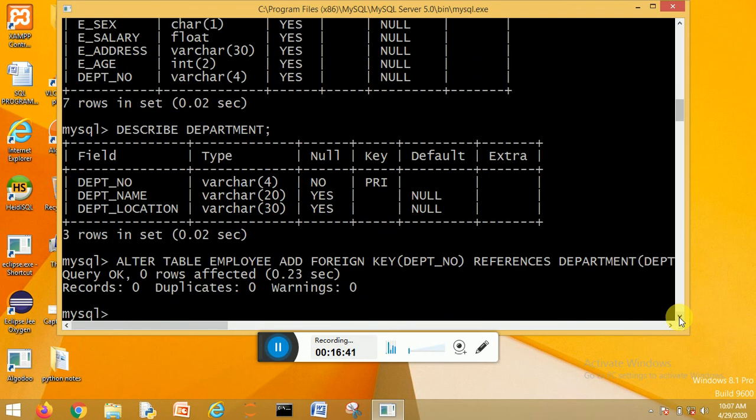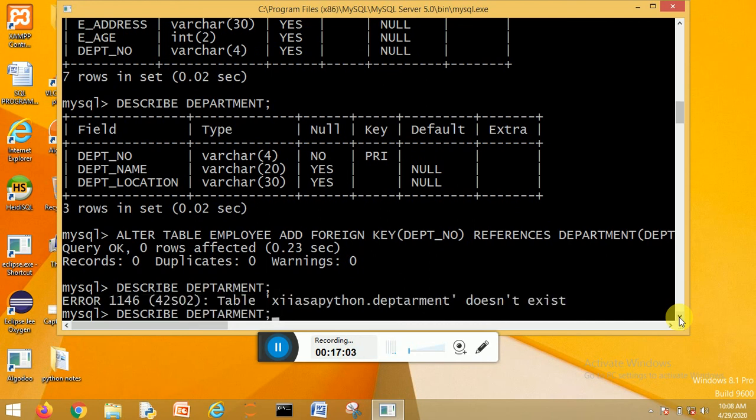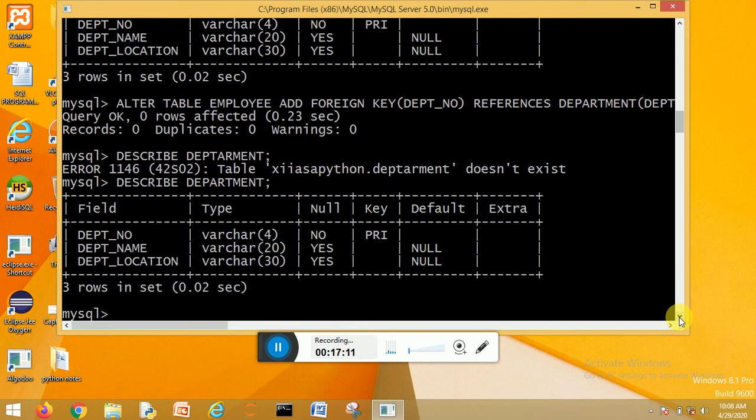Now I press enter. You can see over here that in the employee table, department number has been assigned as a foreign key. Now I have to check. Describe department.